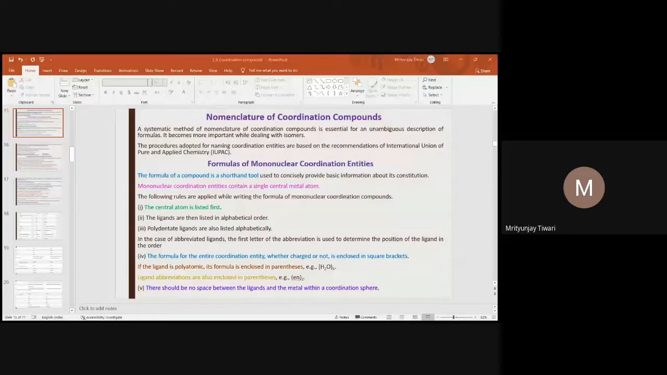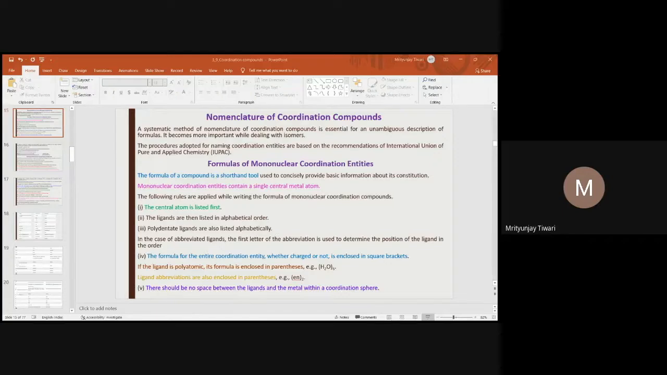If the ligand is polyatomic, its formula is enclosed in parentheses, and the ligand for this is a polyatomic ligand. It contains hydrogen and oxygen, two different atoms, means it contains three atoms. So that formula in the coordination entity or the coordination sphere will be enclosed in the parenthesis, the small bracket. And then the number of such ligands will also be written as the subscript,